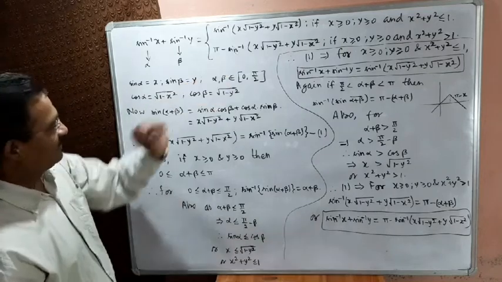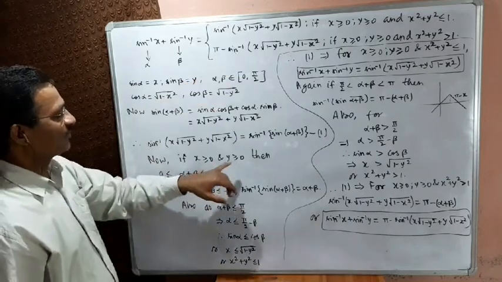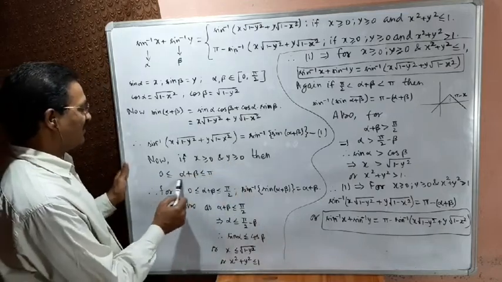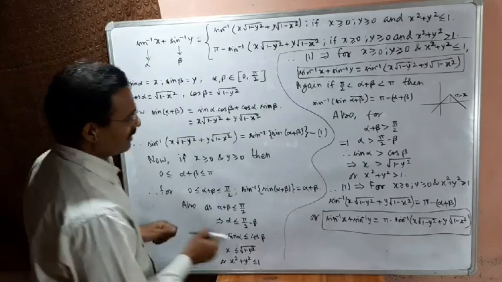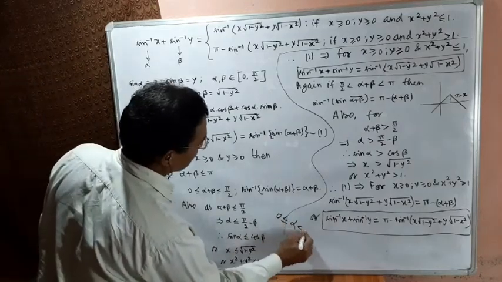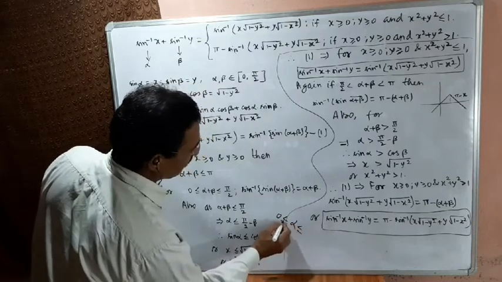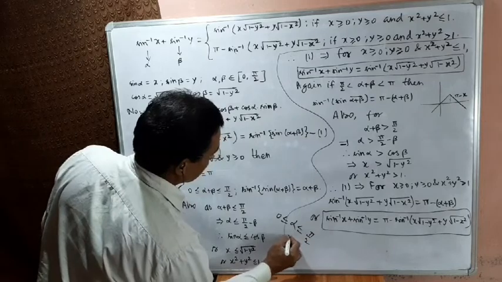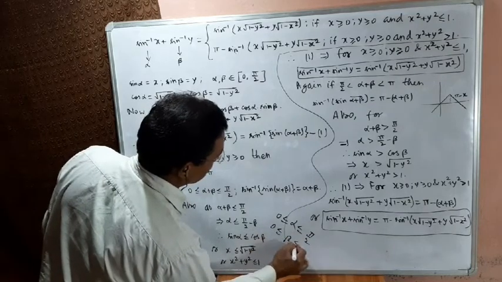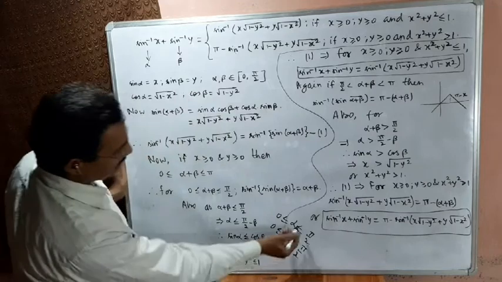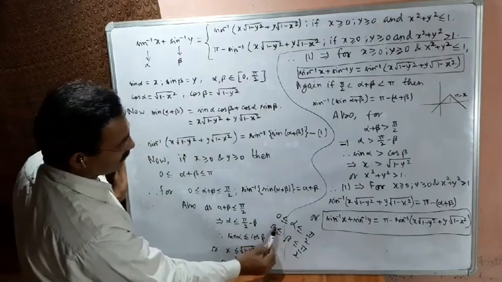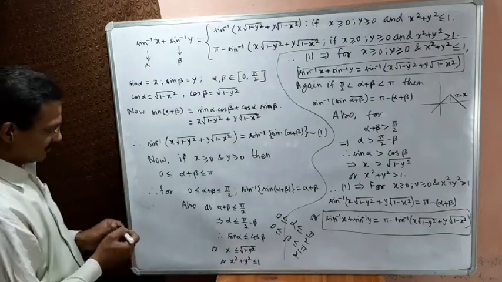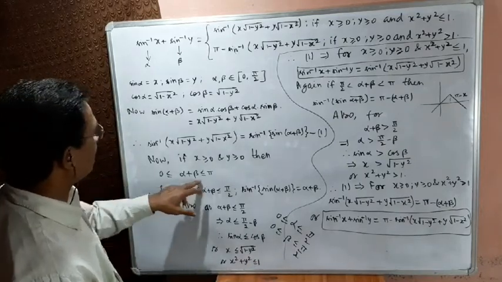Now, for the given condition, as x is greater than or equal to 0, y greater than or equal to 0, certainly alpha plus beta lies between 0 to pi. Simple. Alpha lies between 0 and pi by 2, non-negative, not positive, I am saying non-negative, and beta also lies between 0 to pi by 2. Therefore, the sum alpha plus beta will have minimum value 0, maximum value pi by 2 plus pi by 2, which means pi. So I have written that alpha plus beta lies between 0 to pi.